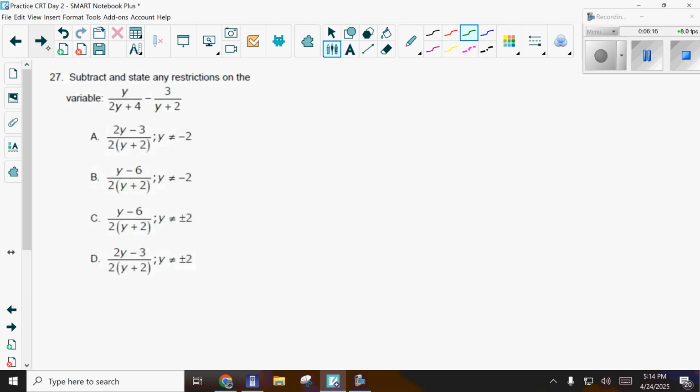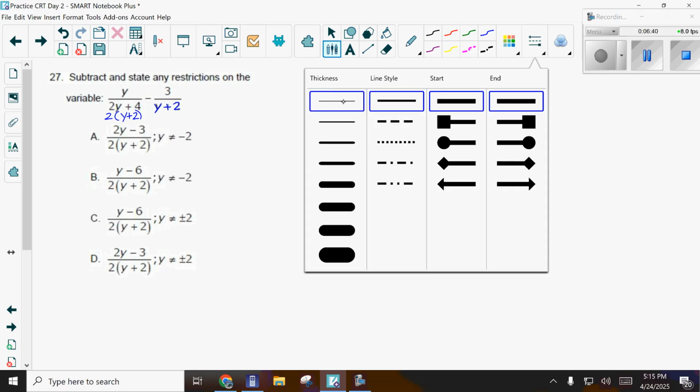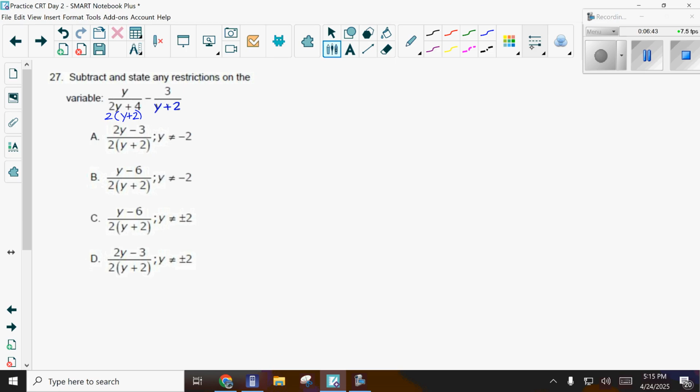Number 27 says subtract and state any restrictions on the domain. Now when we subtract, we have to make sure that the bottoms match. If the bottoms don't match, we have to change them so that they do match. So this question right here, if you look at the first bottom, there's a GCF. If I pull out the GCF, you'll see that that y plus 2 matches this y plus 2. So since our second fraction is missing the 2, I'm going to multiply this one by 2. So basically what we're doing is we're making it so that the bottoms are going to match. And once those bottoms match,